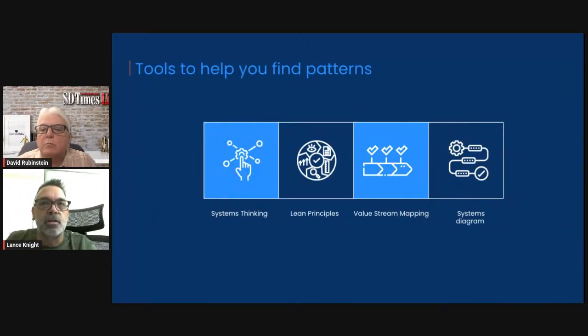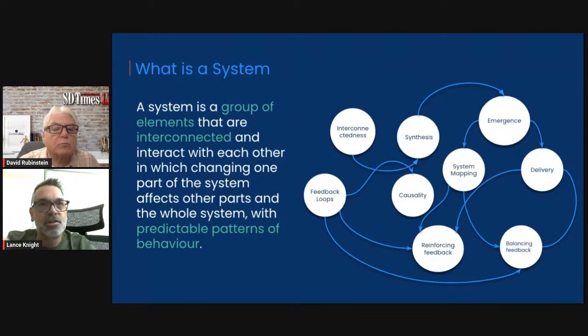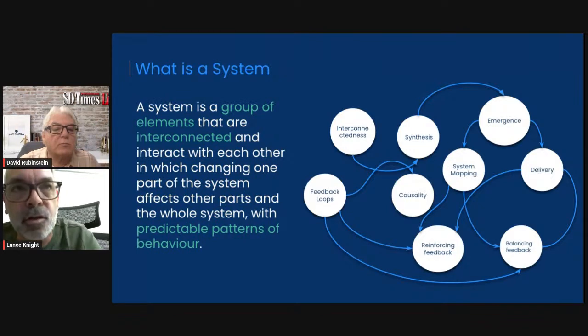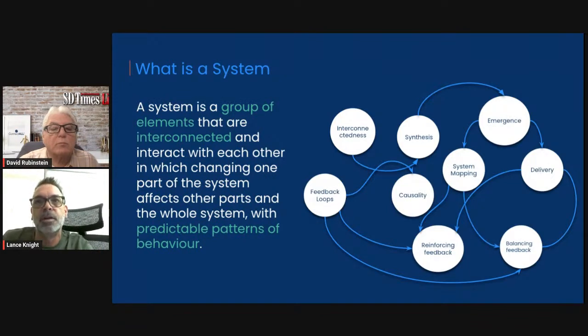And what are the tools I can use to do this? Well, I always talk about systems thinking, lean principles, value stream mapping, and systems design to help you find the feedback loops, look for patterns, understand what's really going on. And so we actually set this up, which is systems thinking. What is it? I welcome people to go out and study it and ask me. I'll give you some places you can look it up. But really, it's a set of elements in your value stream or in your system that work together in order to create something.